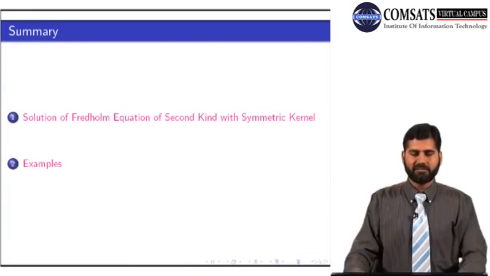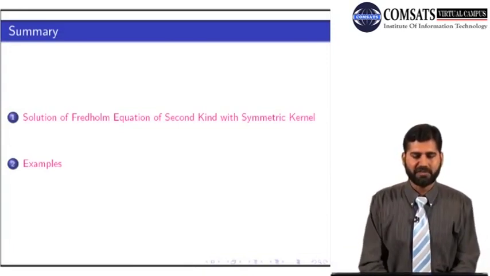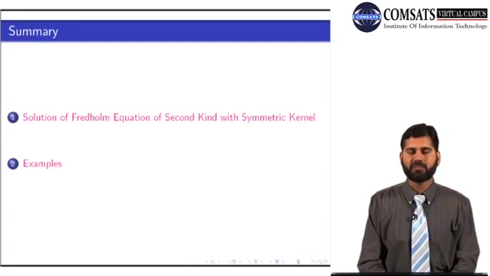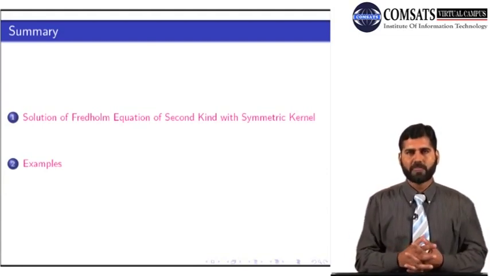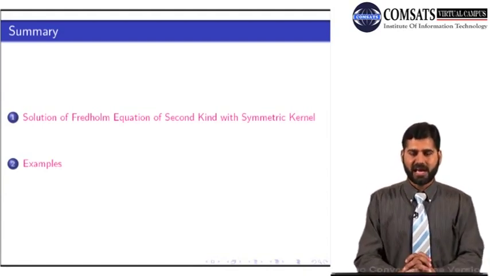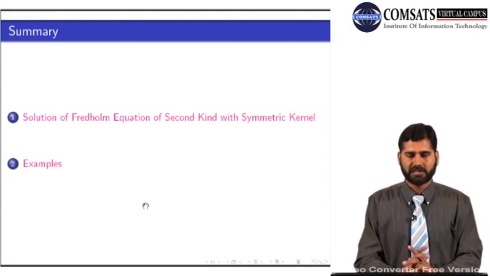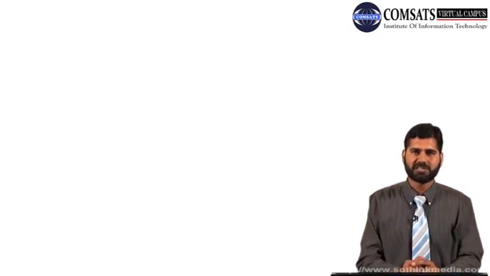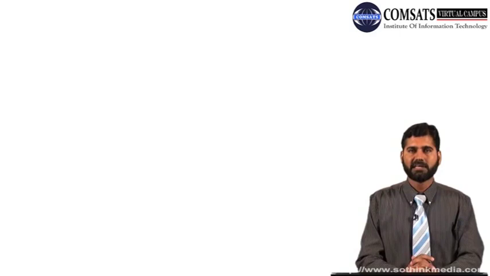So in today's lecture we started off with the same topic where we left off in the last lecture, solution of the Fredholm equation of second kind with symmetric kernel but non-degenerate kernels. So we had to take the help of differential equations to get the eigenvalues and eigenfunctions, and we studied a couple of examples for that as well. I hope you understood what we did today. You have to go back to lecture number 2 to convince yourself why we solved the initial value problem instead of the homogeneous Fredholm equation.